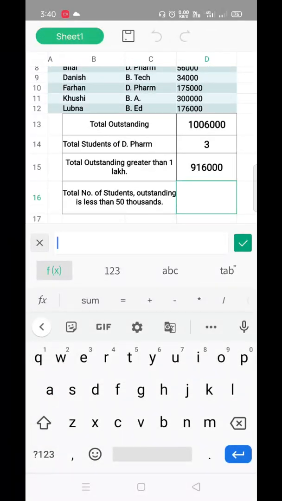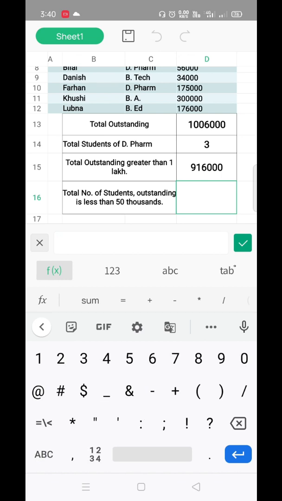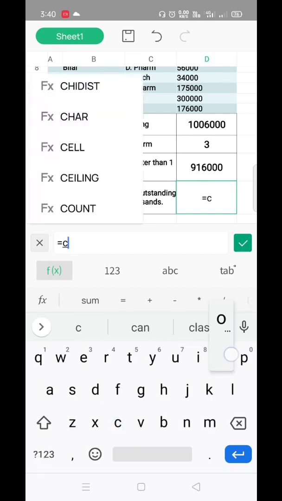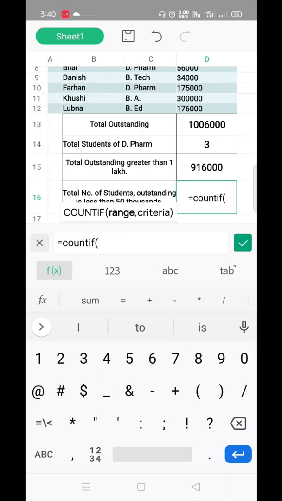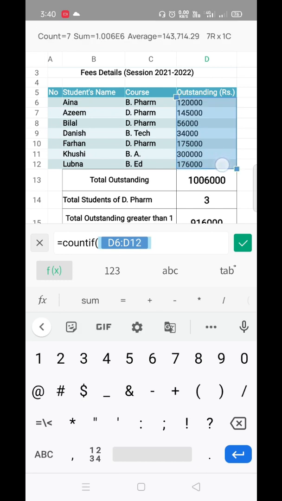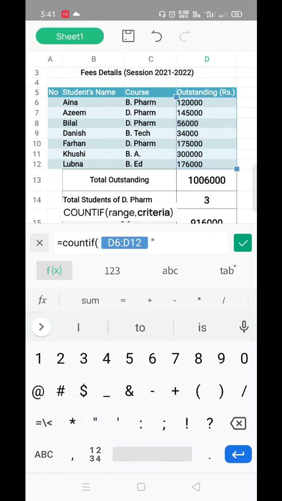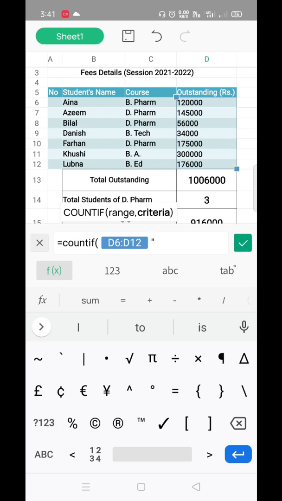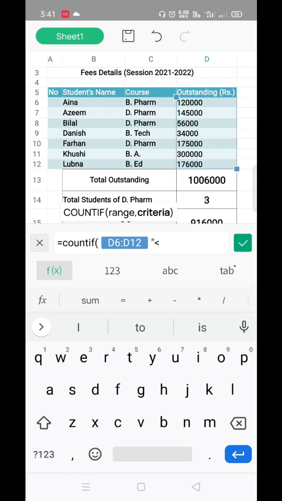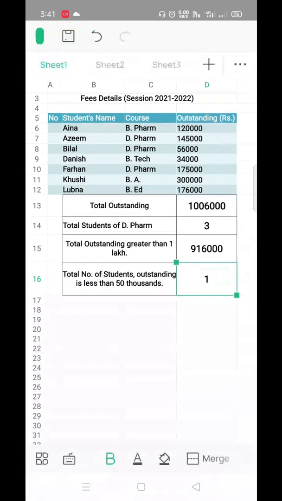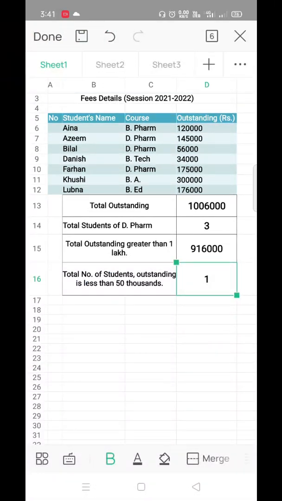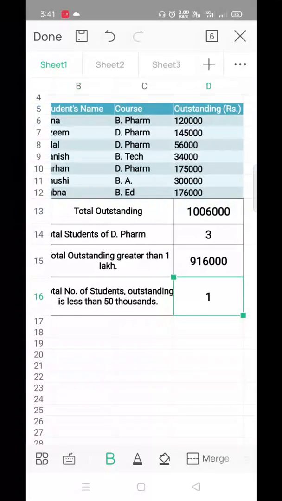For this we will apply the formula equals COUNTIF, then start bracket and select the outstanding column, then comma and inverted comma, and here I will put the less than sign, then the value 50,000, close your inverted comma, then bracket and tap the green icon. So here it is showing there is only one student whose outstanding is less than 50,000.